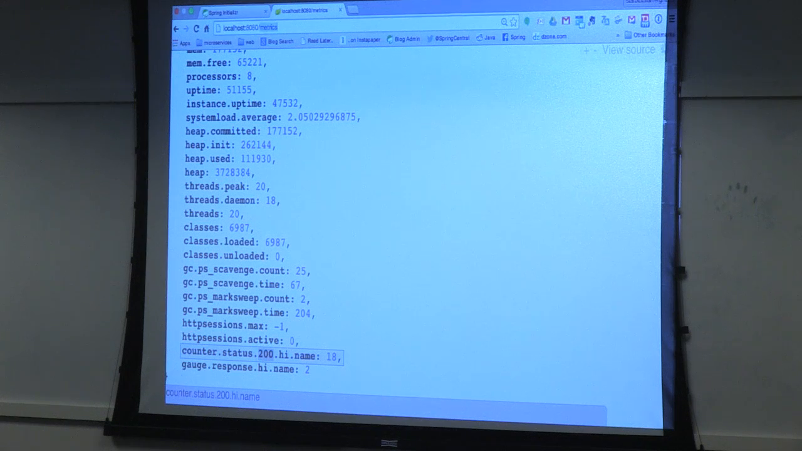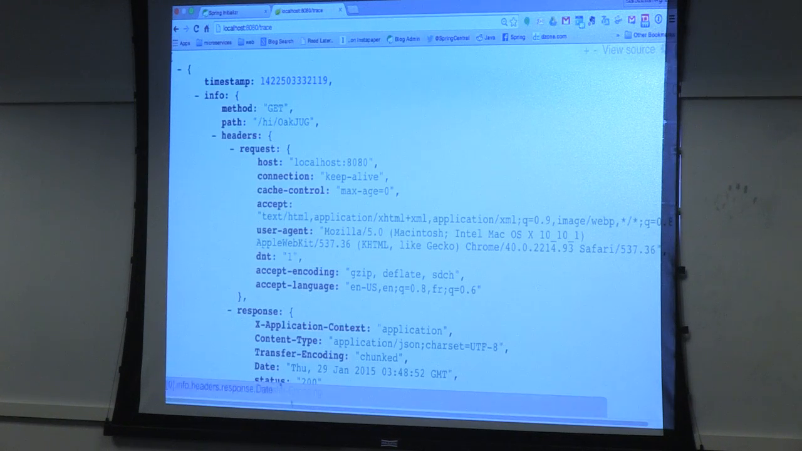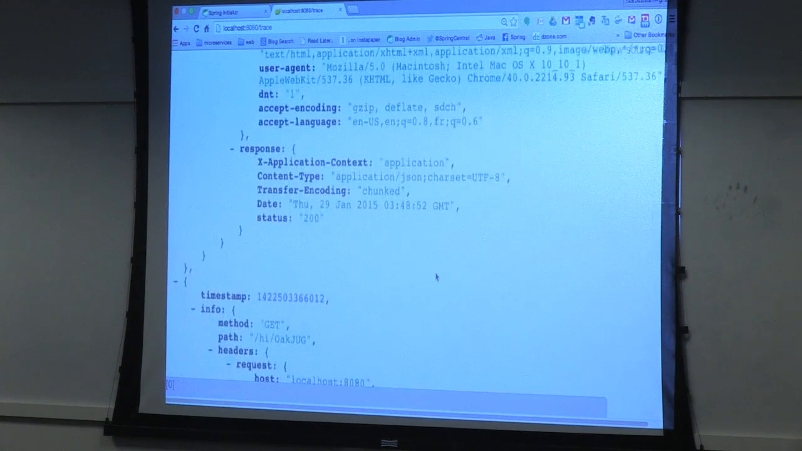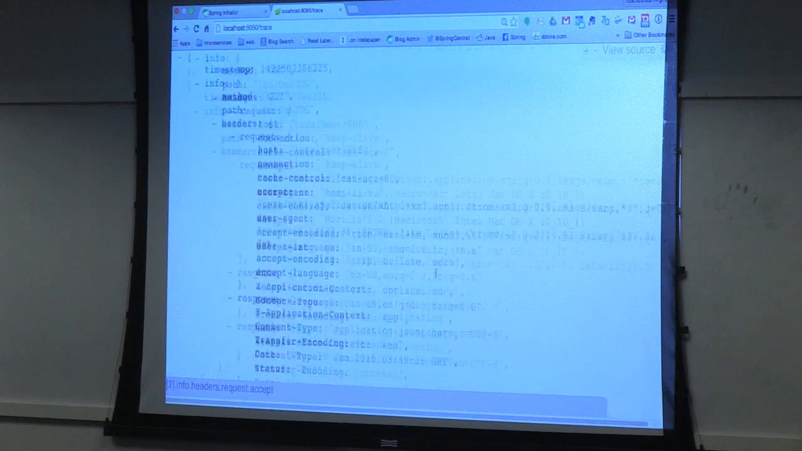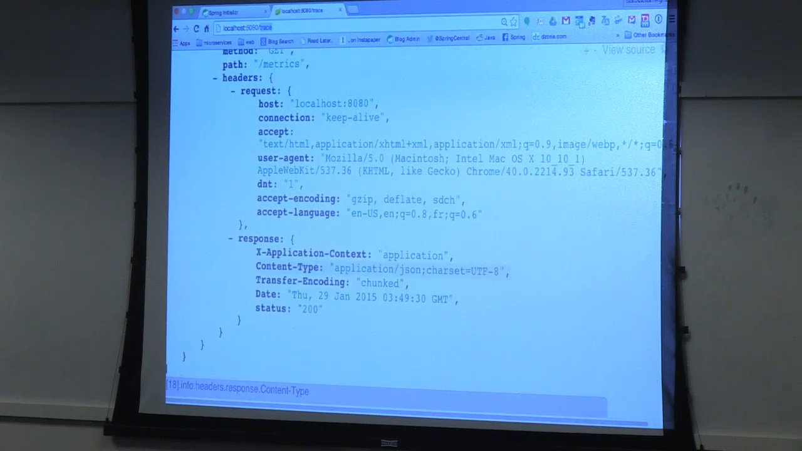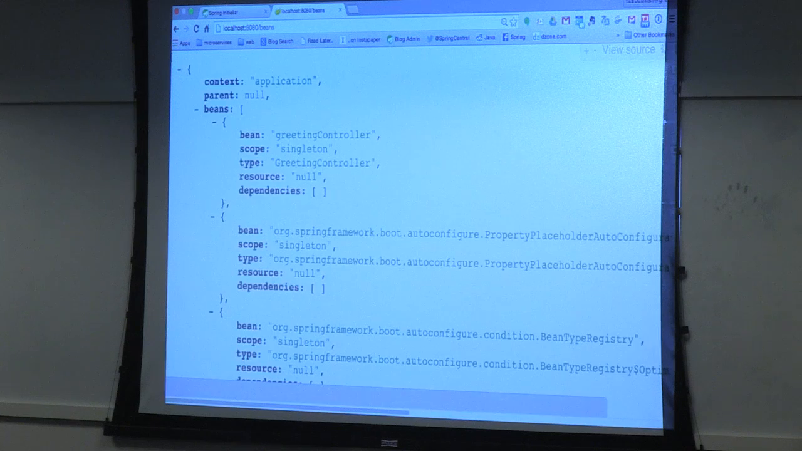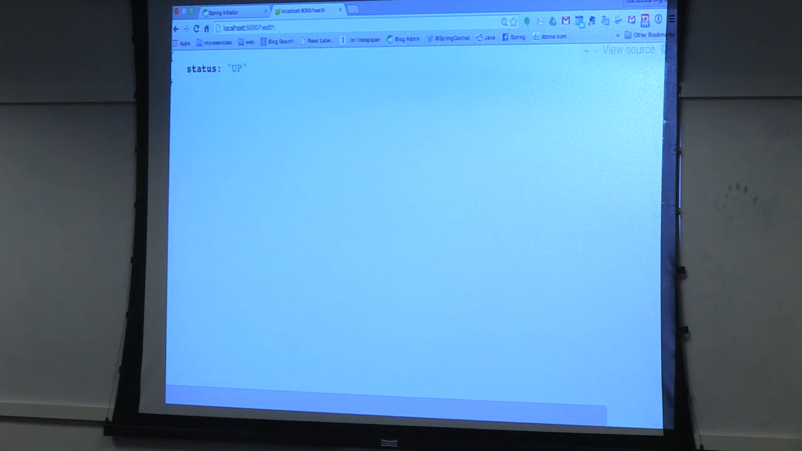I can go to trace if I'd like to dig deeper, and this is actually just a log of every request made into the application, headers and everything. I can go to beans to get an enumeration of all the Java beans that Spring has wired up for you in service of this application, right? Very, very convenient. I can go to health, and this gives me